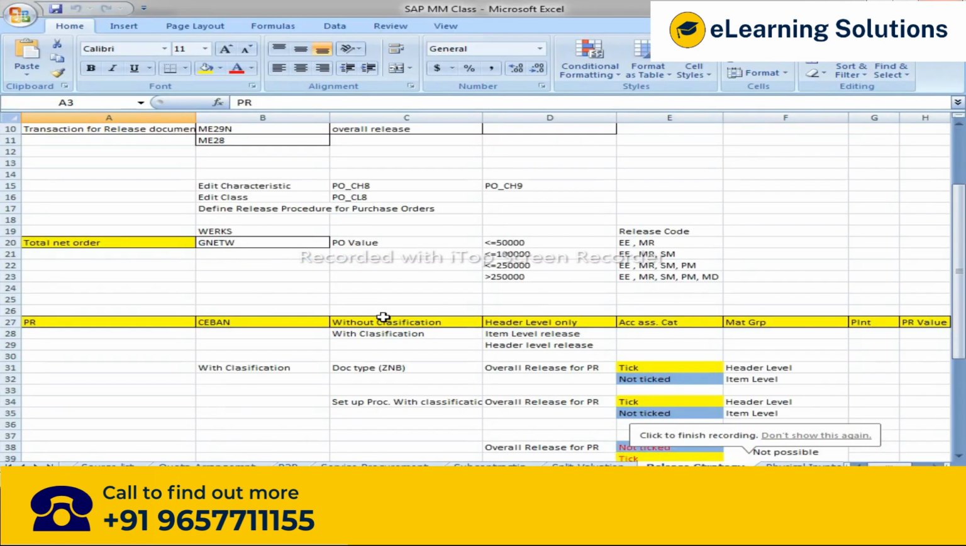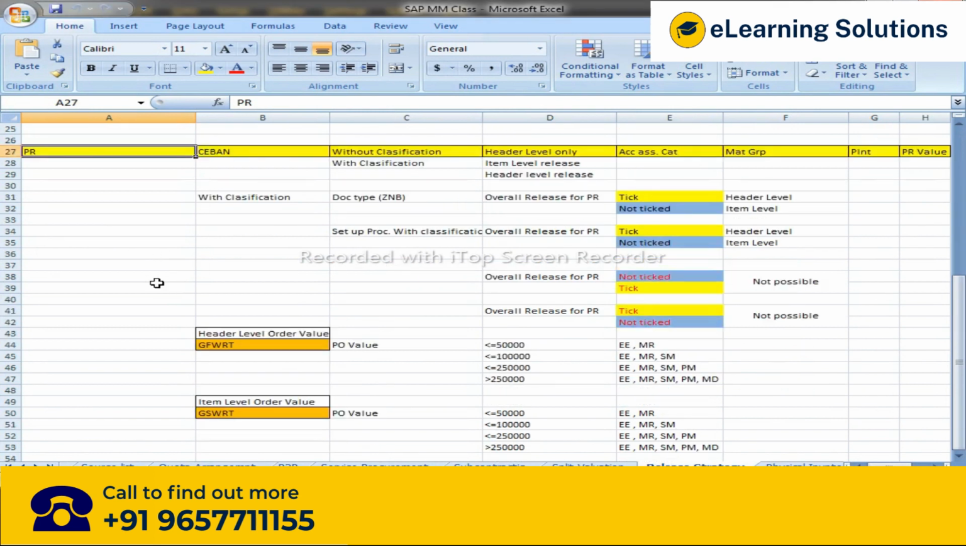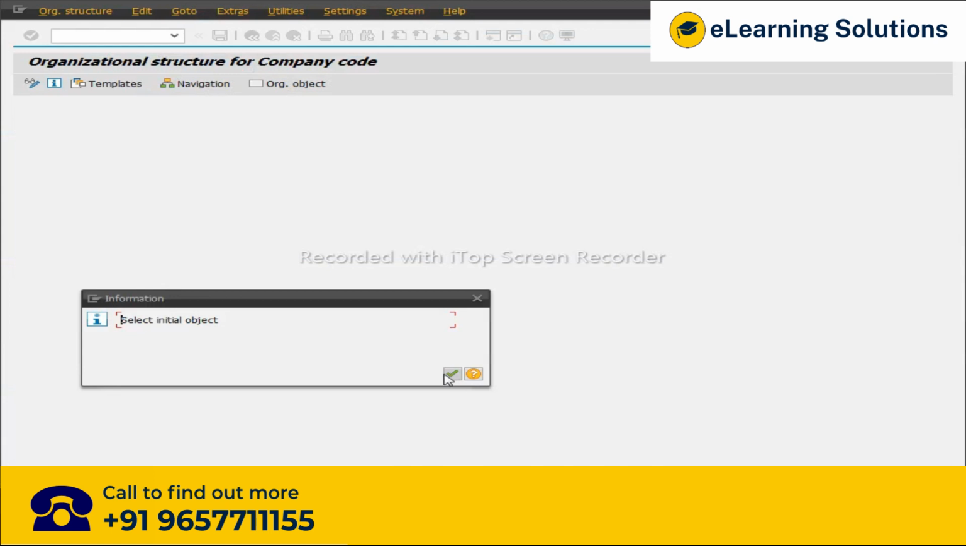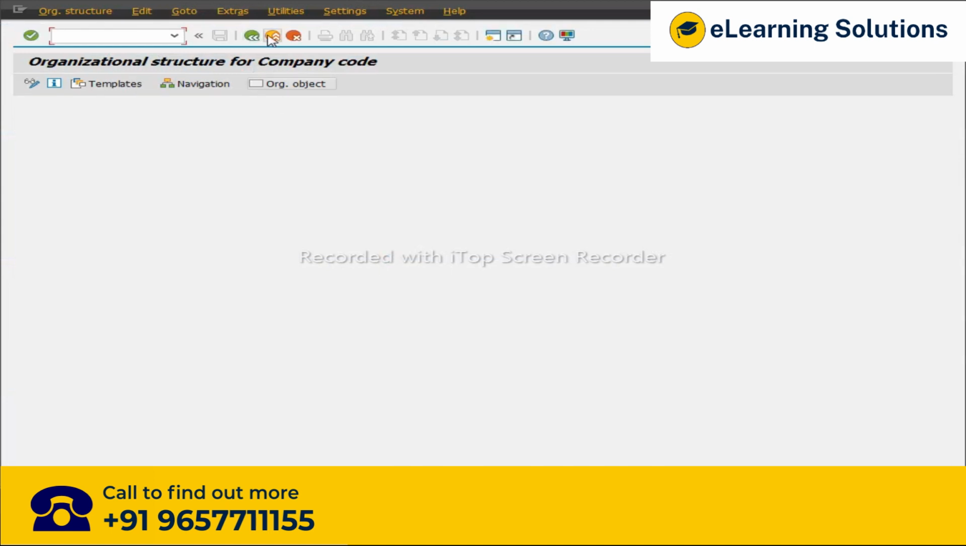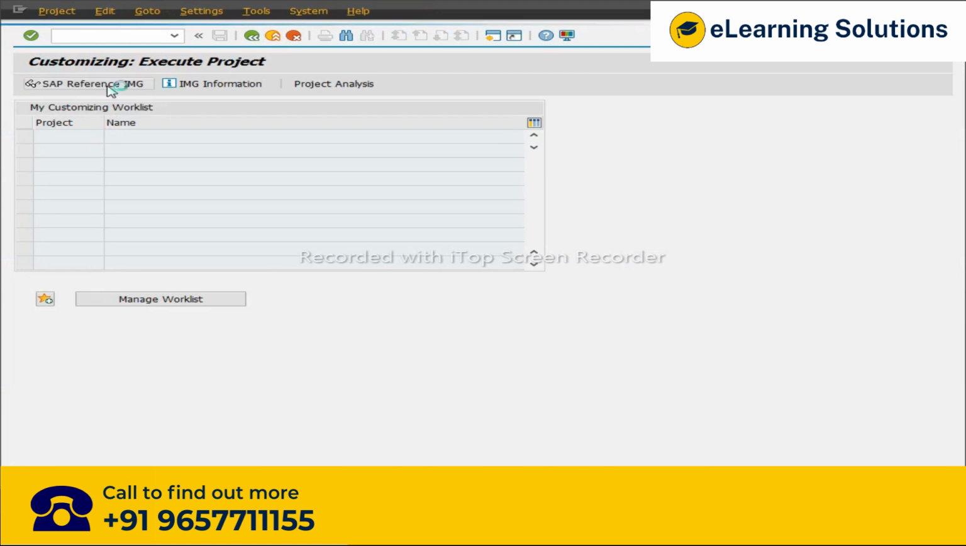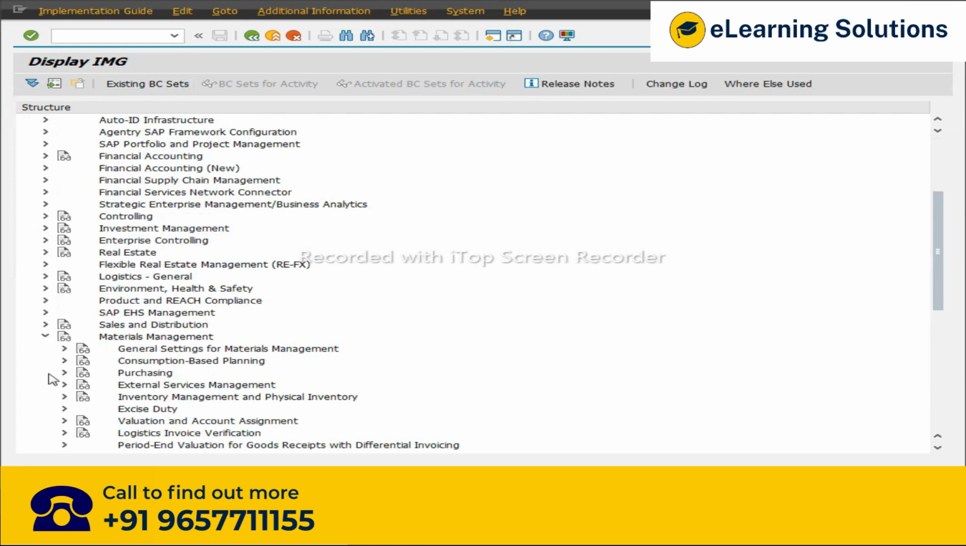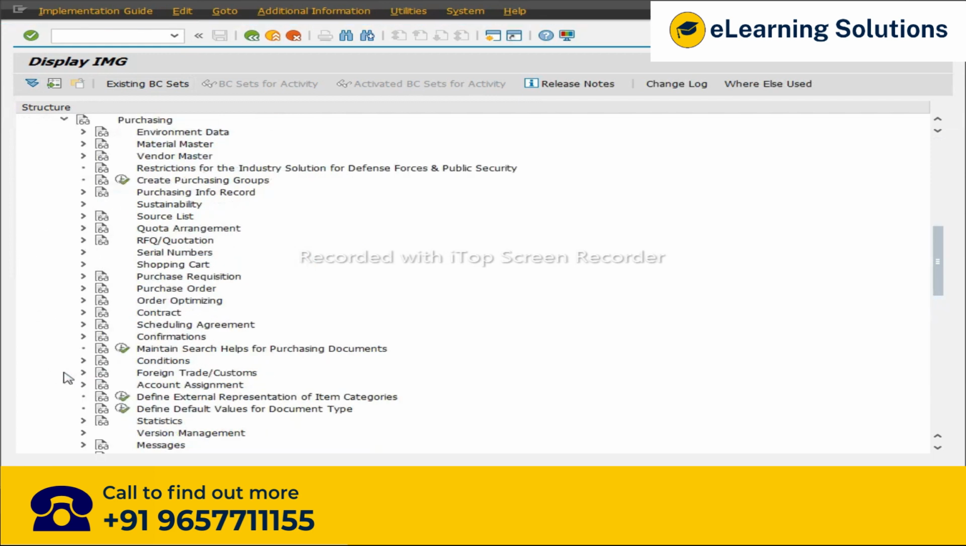Today we'll see a release strategy for purchase requisition. Okay, and to define release strategy for purchase requisition, we go to SAP, SPRO, SAP reference IMG, material management, purchasing, in purchasing, purchase requisition. Okay,